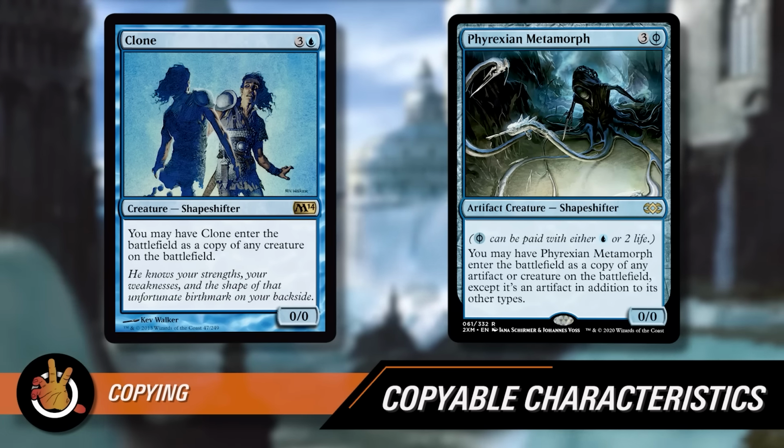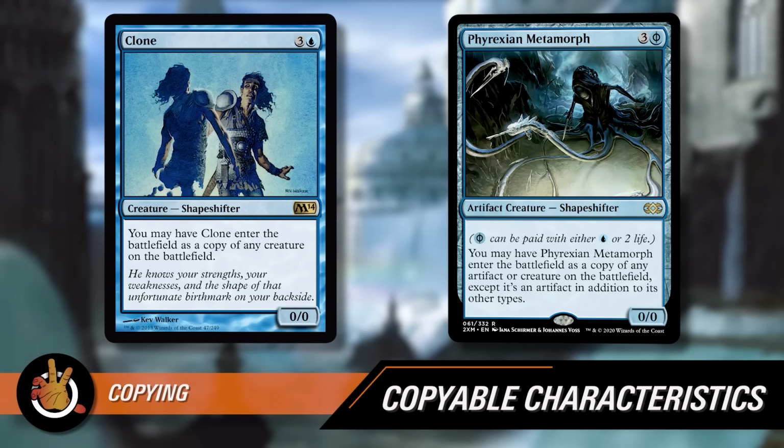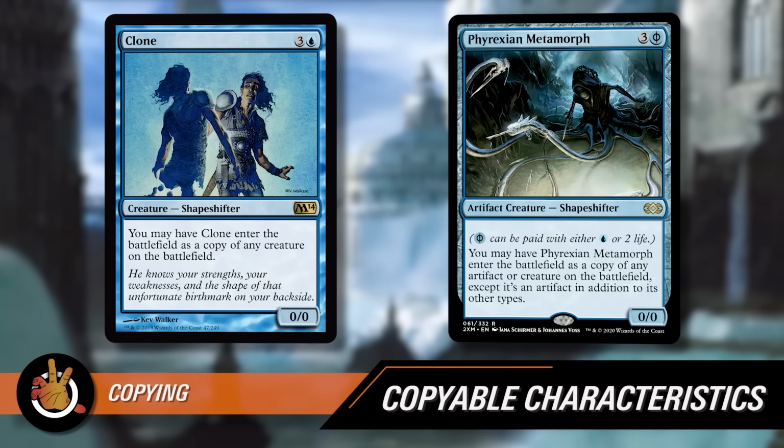With clones, whenever you copy a clone, you are copying whatever it has become. So in that case, if you cloned the Phyrexian Metamorph, it would be a Grizzly Bear that's an artifact in addition to its other types. You can't change that. A shame. But that is something that I've definitely seen people try to do. Like, oh, I want to change this so it can be something else that